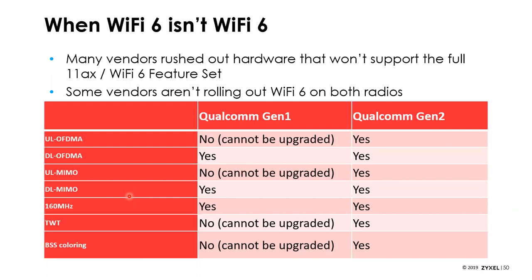Some early Cisco and Meraki Wi-Fi 6 products are using these Gen 1 chips and don't support these features and never will. While my chart here is the Qualcomm difference between Gen 1 and Gen 2, it's similar for Broadcom and other chipset vendors. But it's not just old stuff that's been out there. For instance, Ingenius's current Wi-Fi 6 products don't support the full